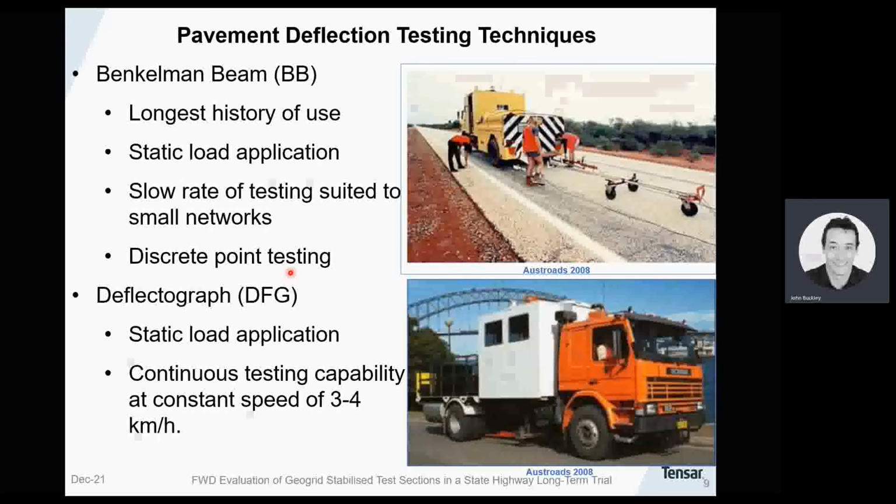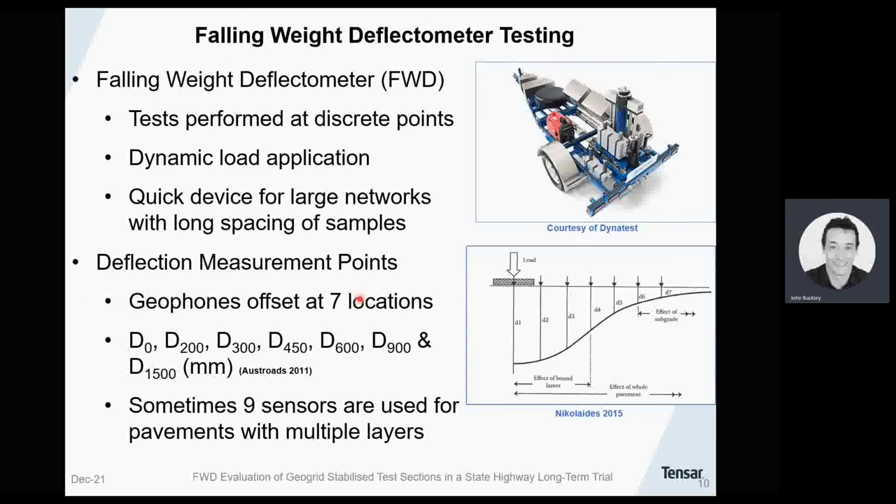The deflectograph also applies static loads, but it's a continuous test at a speed of up to 4 kilometres an hour. And both of these techniques are truck-mounted systems. So the falling weight deflectometer, or FWD, performs tests at discrete points and the load can be applied dynamically. The typical test loads are 40 and 60 kilonewtons for standard FWD tests. And it's quite a quick device